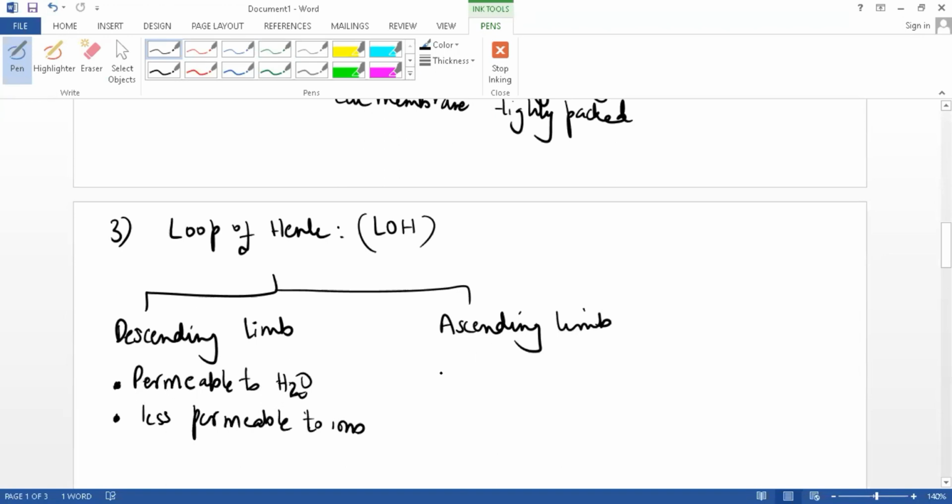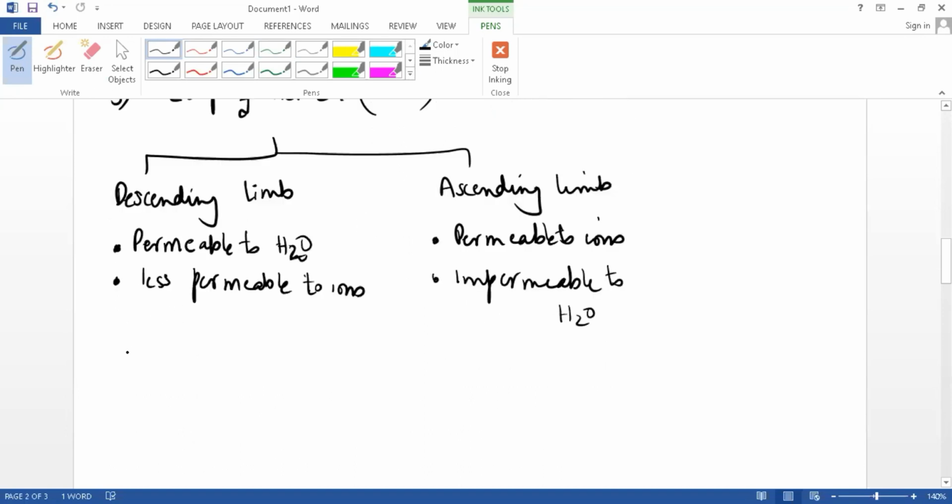The ascending limb is permeable to ions and impermeable to water. Now, if we talk about the distal convoluted tubule,